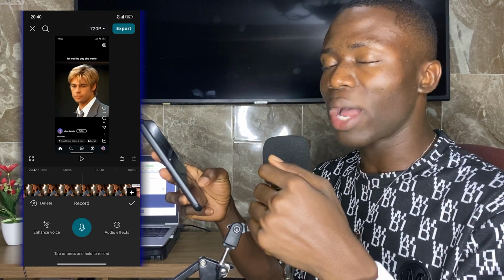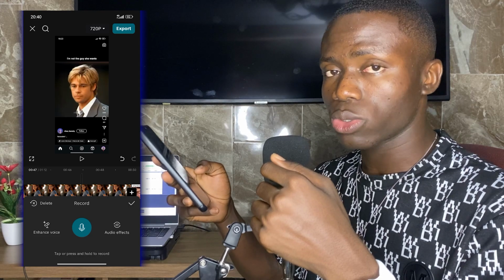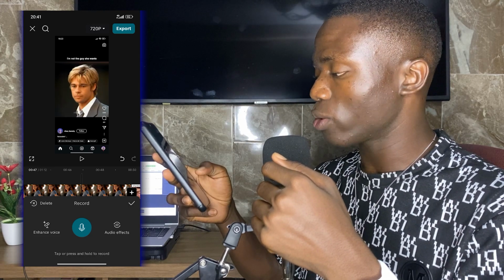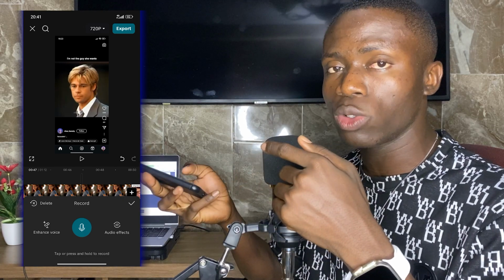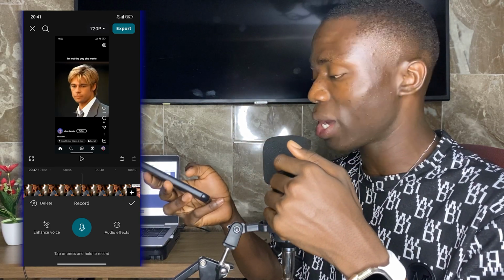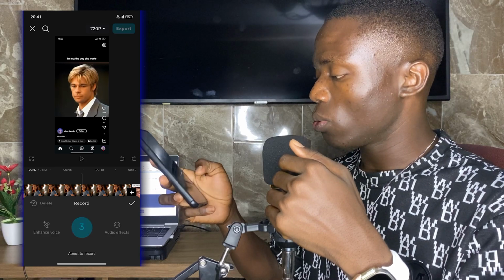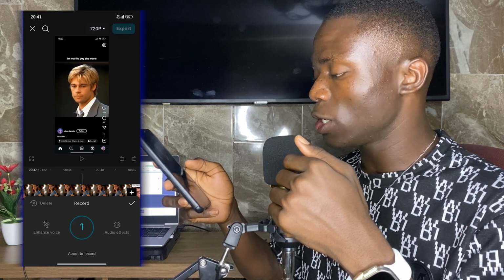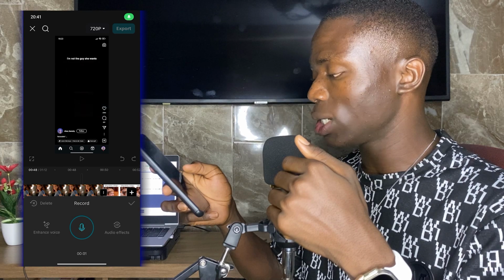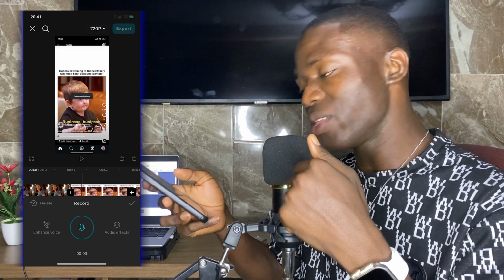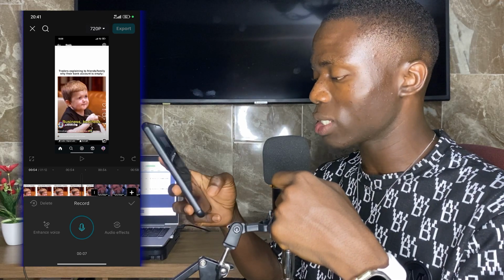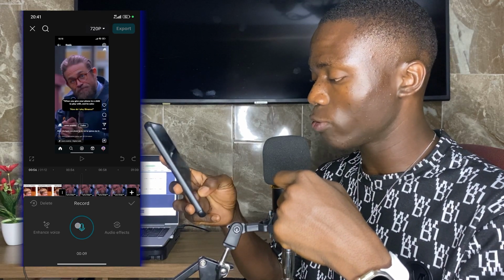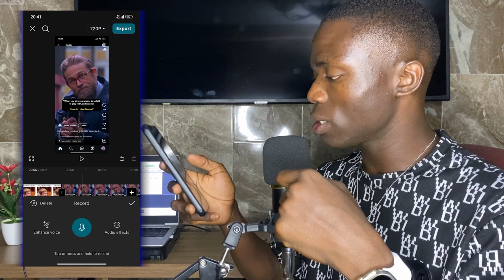Now whenever you tap on the microphone, it will automatically pause. So once you tap on the microphone, it will pause. So for those of you who would like to talk a little bit and then play the video, maybe the celebrity recorded the video, this is simply how you do it. Whilst it's recording, let me say you want it to record. So whilst it's recording like this, maybe you want to stop somewhere and then get to add the celebrity reaction to it. So all you simply have to do is simply hit on the microphone like this, and then hit the check mark here.